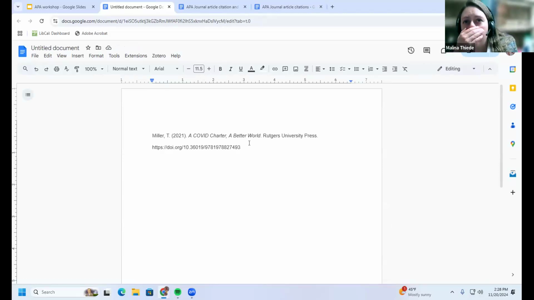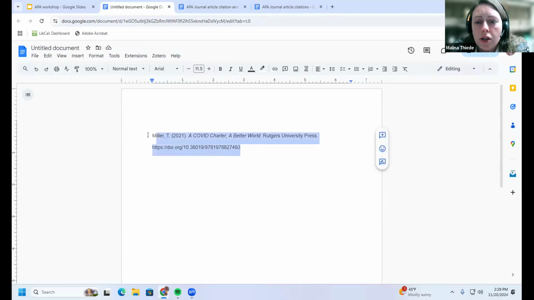The hanging indent, just to explain what that is, is the reverse of a paragraph indentation. In a paragraph indentation, your first line is indented, and then subsequent lines are at the margin. Citations are the opposite. The first line is at the margin, and subsequent lines are indented if you have more than one line in your citation.